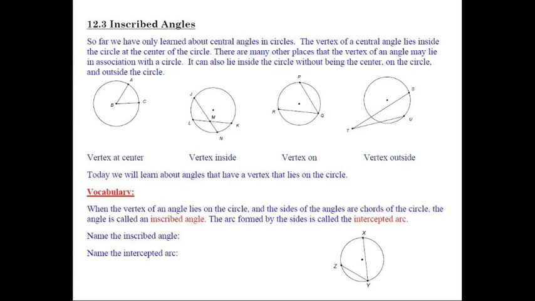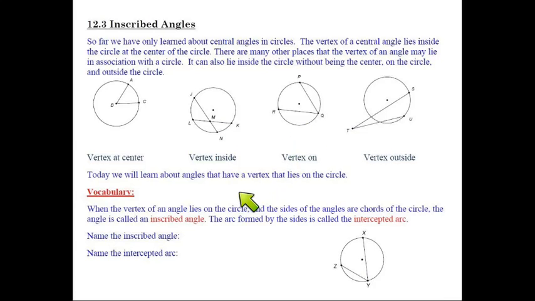Alright, so we're going to start looking at some of the angle measures and properties inside of triangles. And I'm sorry, inside of circles. And there's different ways this could look. We could have a vertex at the center, that's a central angle. We've already looked at that in a previous chapter. We could have the vertex inside, we get the vertex on, and we get the vertex out. We have different properties for how this works and what it does to the angles and the segments as we